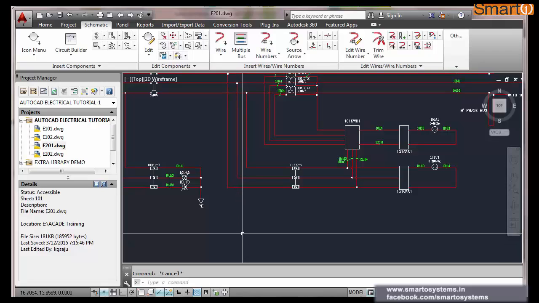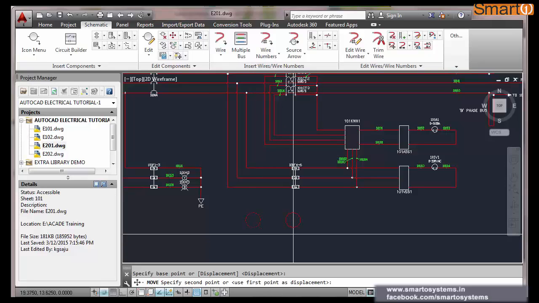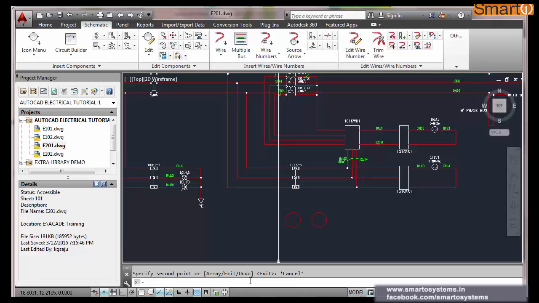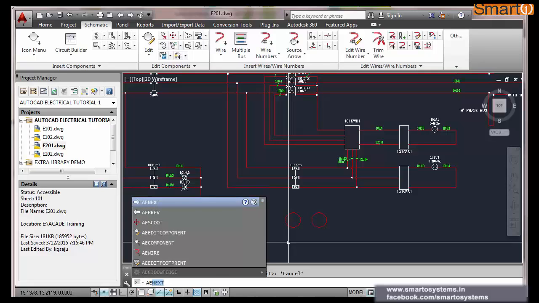In normal AutoCAD, suppose I have a circle here, right, this is a circle. If I want to move this, what we do is the move command, okay, select objects, you can move. If I give copy, I can copy one more object. But in AutoCAD Electrical, the same thing you can do, but there should be a prefix for all those commands. What should be that prefix? AE, AutoCAD Electrical.